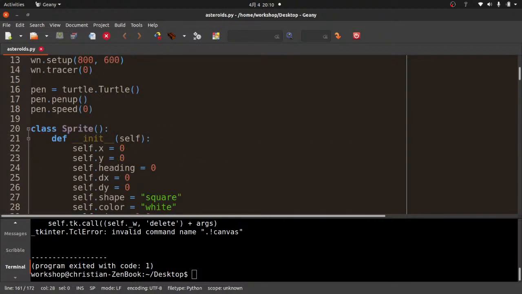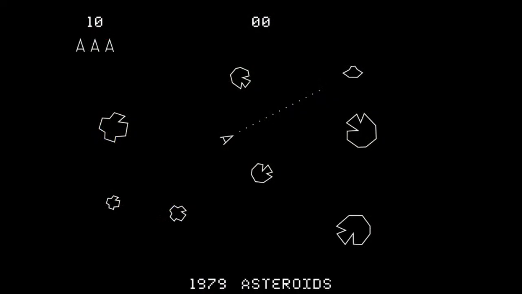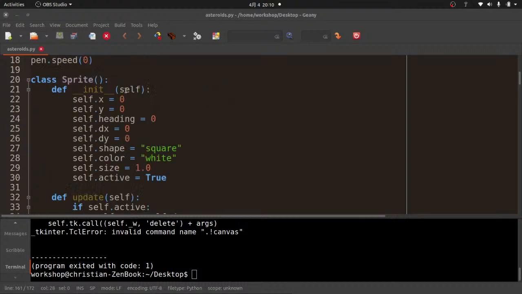Okay, let me go back real quick to the original Asteroids. So you can see how in the top left corner we got a score, and we've got like 3 ships showing how many lives you have. So let's go ahead and do the score quick. Title slide back to main screen. We didn't do score yet, so